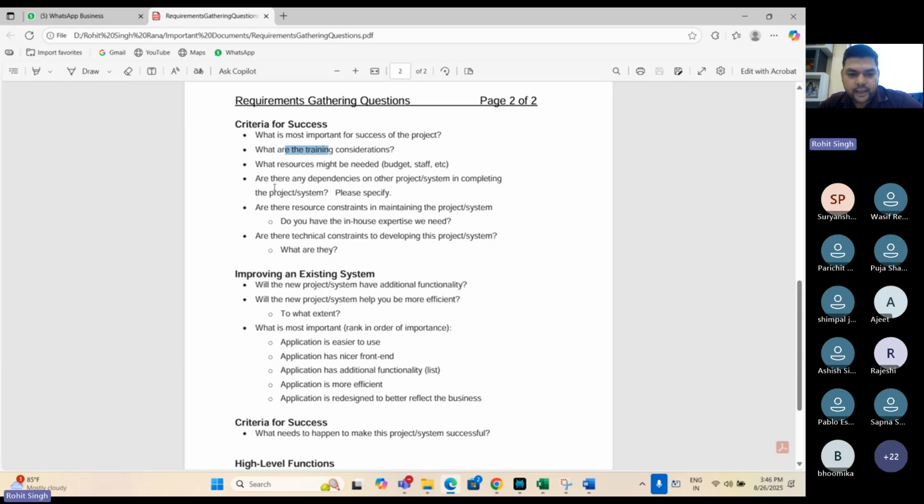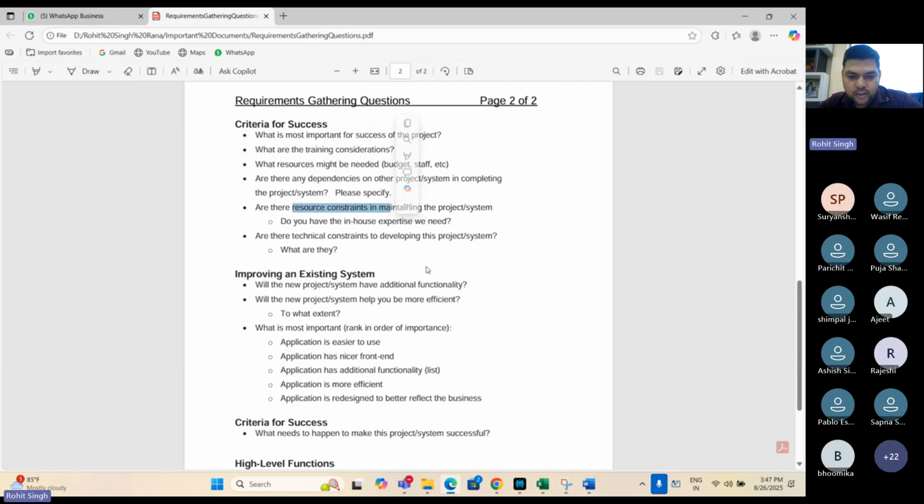Is there any dependency on the project in completing the project? Then specify what the dependency is. It is the assumptions and constraints and dependencies. Take technical dependencies, take third-party dependencies, take resource unavailability dependencies, take fewer Jira hours or time dependencies or budget dependencies. So we need to mention that as well.